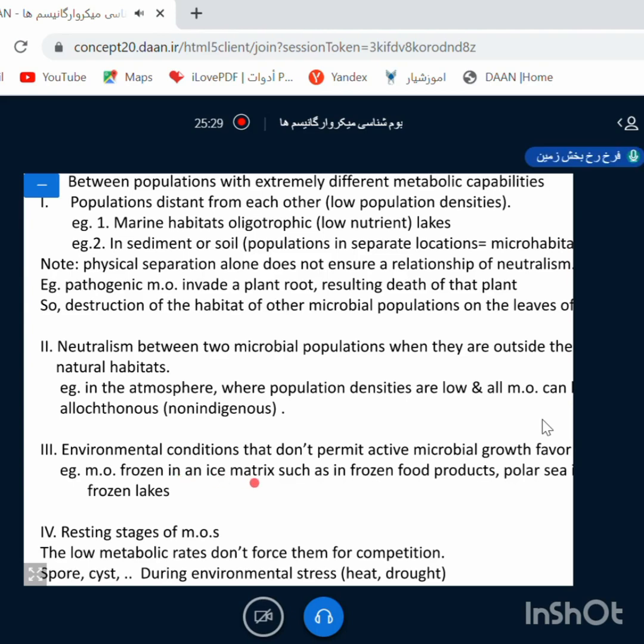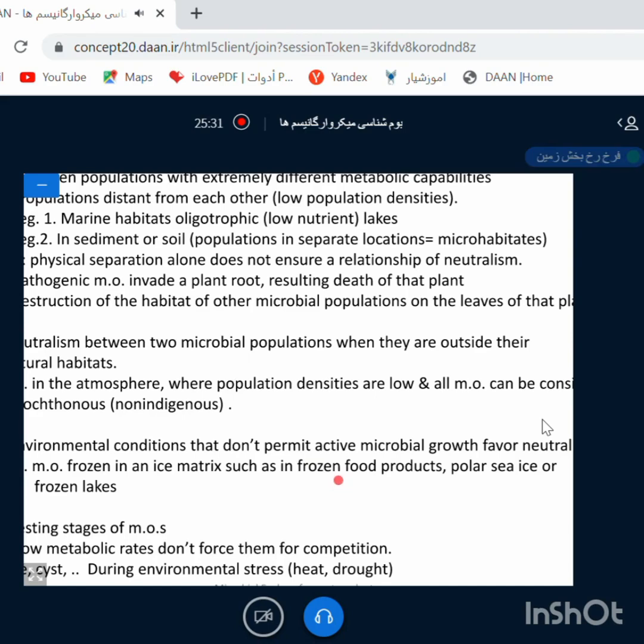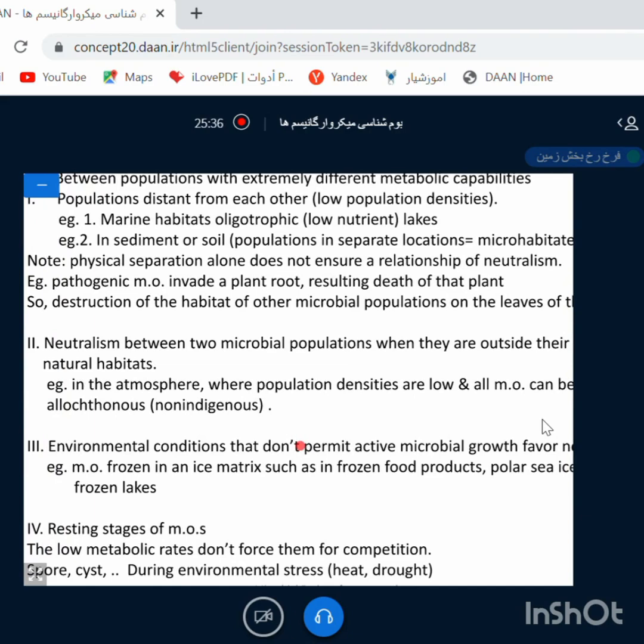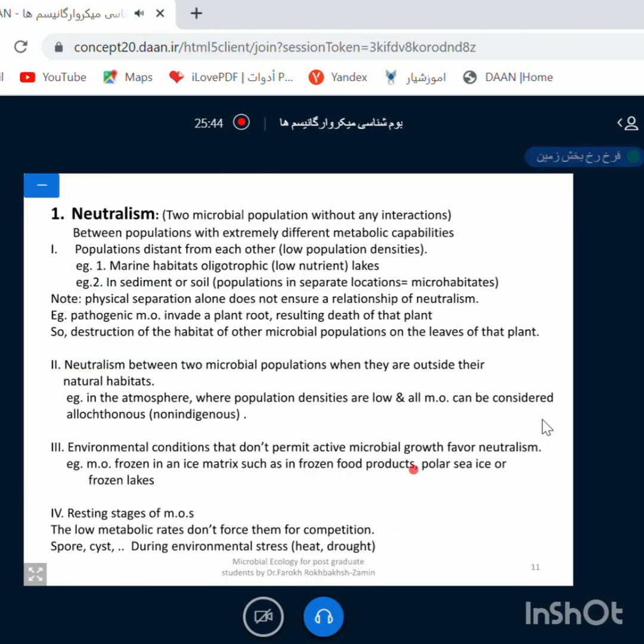Environmental conditions that don't permit microbial growth favor neutralism. In a river or a lake in the summer, there are many interactions among different populations present. But in the winter, if it is very cold